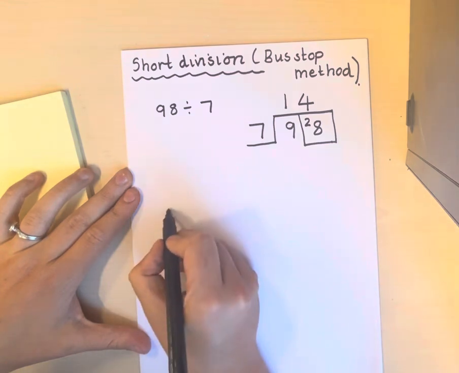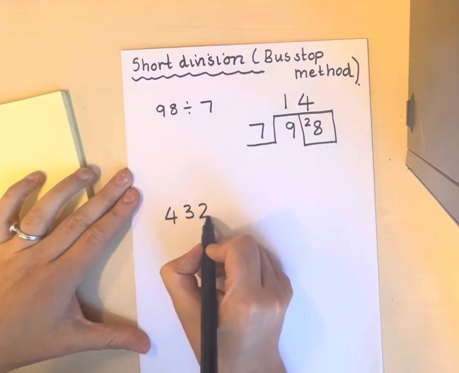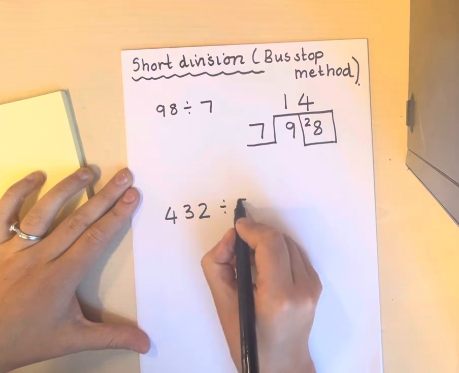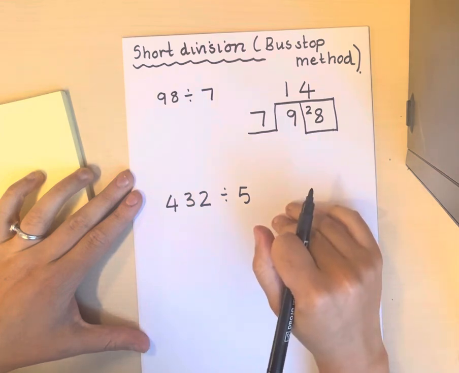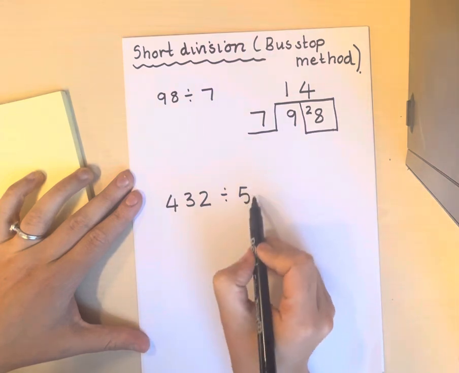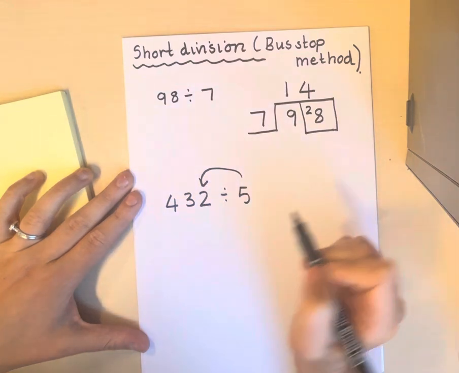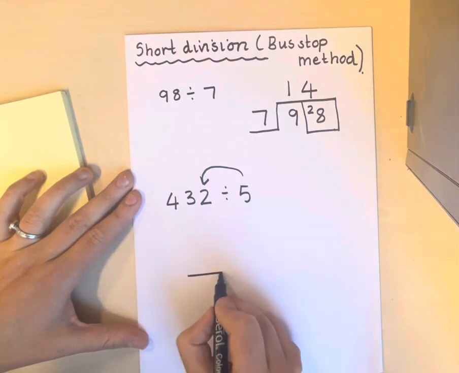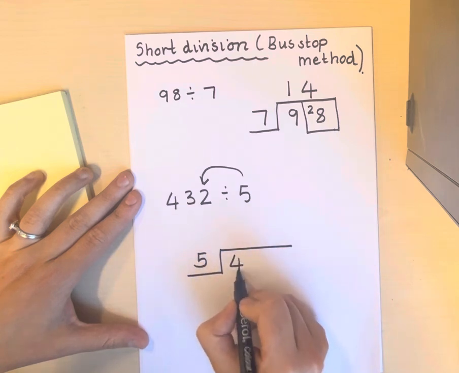Another example we can have is 432 divided by 5. Obviously this is a larger number, but we're going to have a remainder here because we know this 5 here, that this does not end in a 0 or a 5, so there is going to be a remainder. So again, I'm going to draw out my bus stop and put my 5 outside the bus stop,